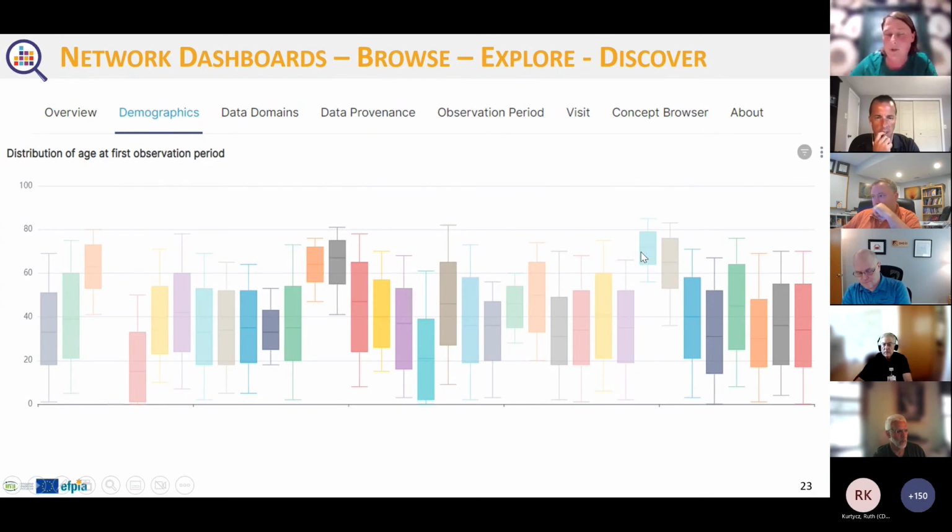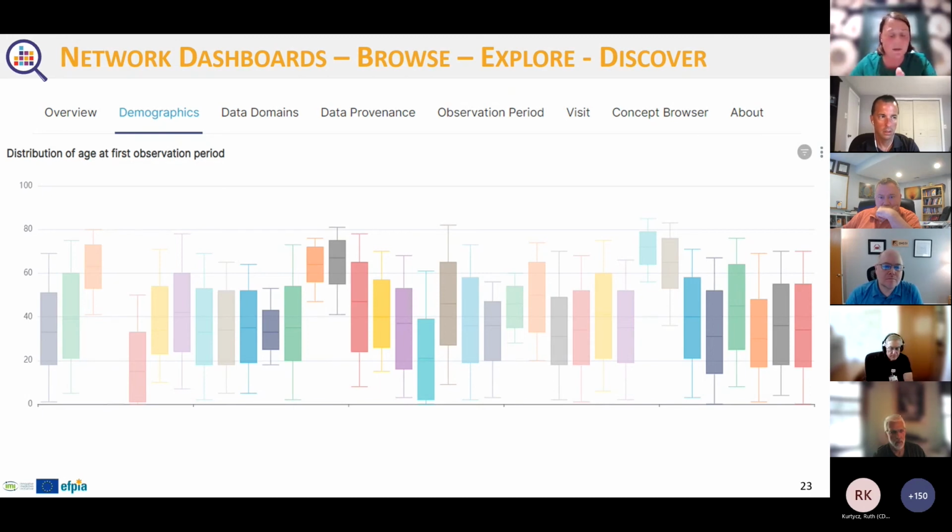And this is just a screenshot, but if you go to the portal, you can also just hover over this graph and then see which databases those are. And as you see here on top, there are actually many more aspects that you can look into: data domains, data provenance, observation periods, visit, and of course the concept browser, which I think is what most people are actually using, because people are often interested to see, is this condition that I'm really interested in